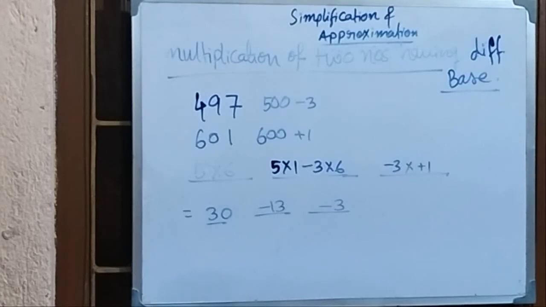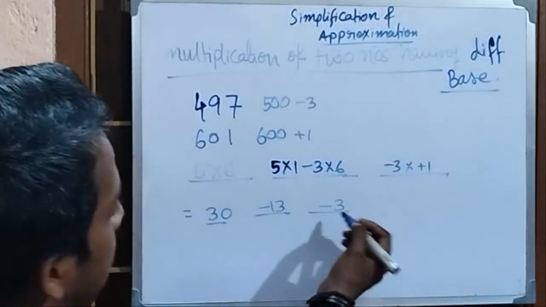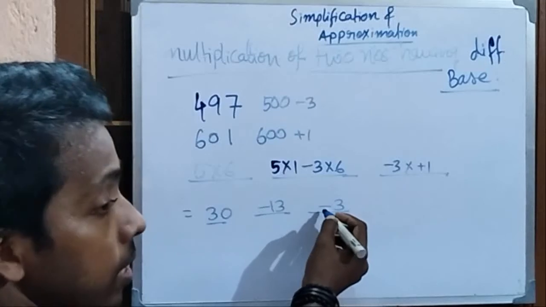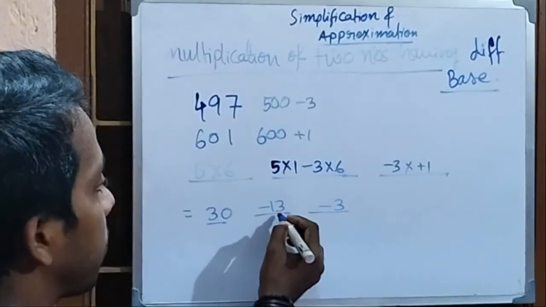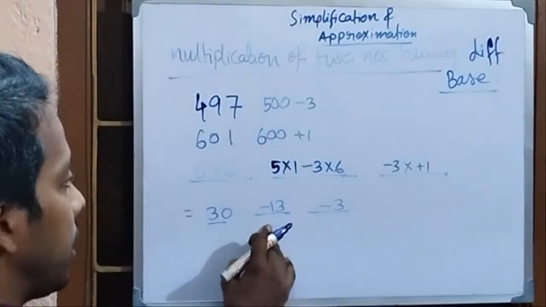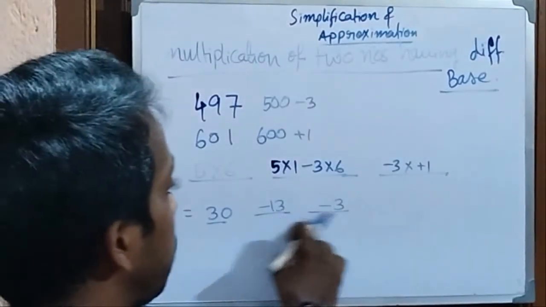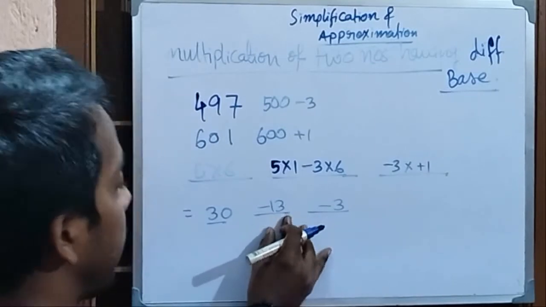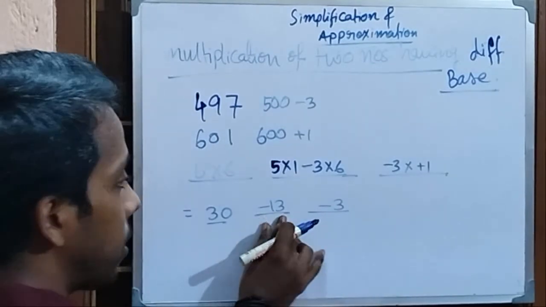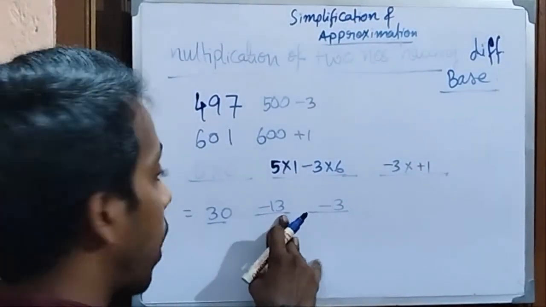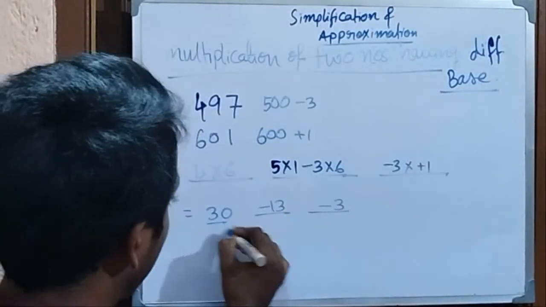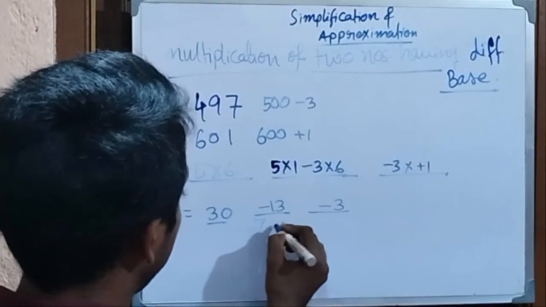So here you can see that this 3 is in minus. So you have to take some carry from here, but see, here also it is in minus. So you cannot take carry from this part; rather, first you have to make this part positive. So how will you make it? Just take one carry from here and move it to this part. So 1 would be here.